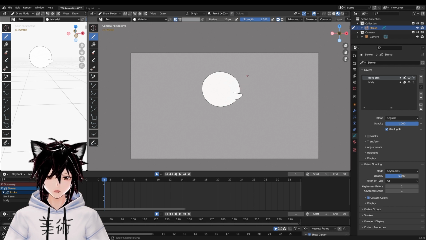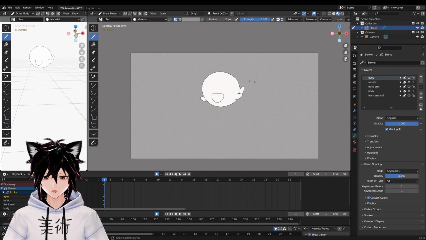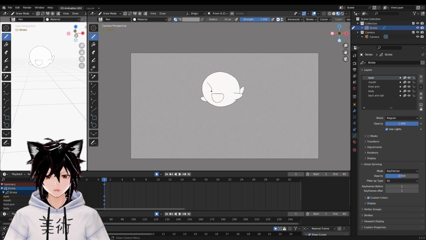Next, press the little plus icon on your Layers tab to load a new layer. Rename this layer Back Arm and Tail, and use the arrow keys on the side to move it down under the main body to easily animate it. Create another new layer and give him a mouth. Make sure this layer is on top of the main body. And lastly, create one more layer for his eyes and you're done. You should have your little ghost boy ready to animate and the line art done and fully filled in no